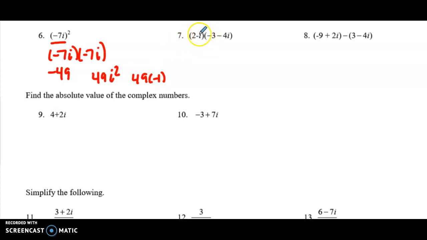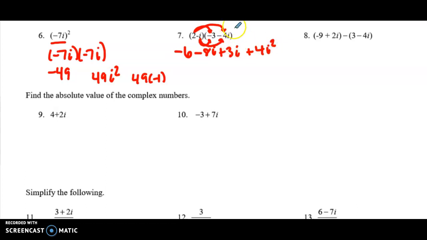All right, for this next one, you're going to need to FOIL. So pretend like the i is an x, okay? So you're going to do -3, which is -6. 2 times -4, which is -8i. This is going to be -i times -3, which is +3i. -i times -4i, which is